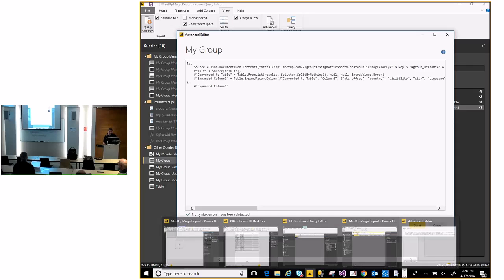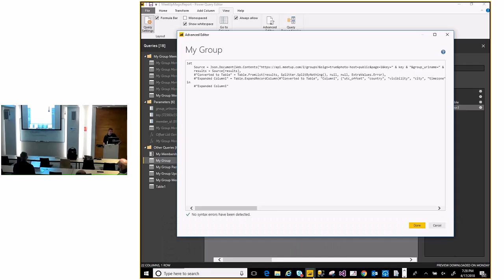Yeah, so there was a source, and then I declared my source, and then Source2 equals Value.NativeQuery, and then you reference the source that you just declared in the first step. Okay, I'm sorry. So Source2 equals Value.NativeQuery, that's capital V, and oh yes, I forgot, case sensitive, capital N and capital Q. Dot query or just native?